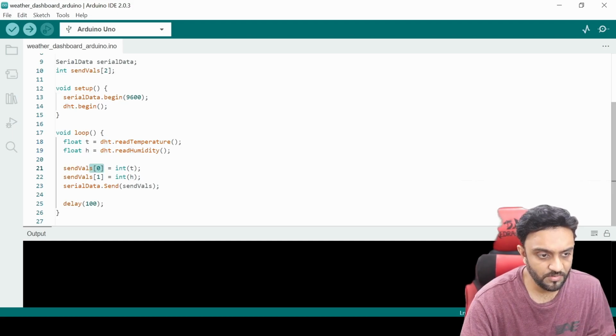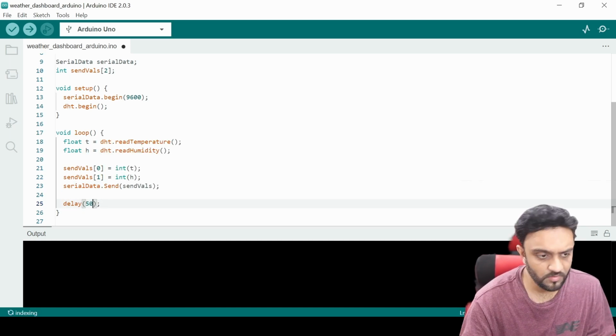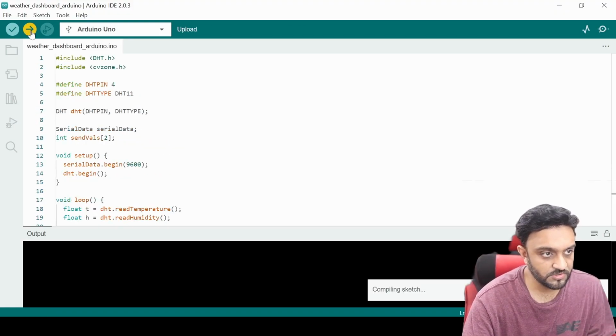At element 0 and element 1 we are sending the integers of temperature and humidity, and here we are finally sending these values, and then we are adding a small delay. It's up to you how much delay you want to add, and you can work around with that. So if we run this now,